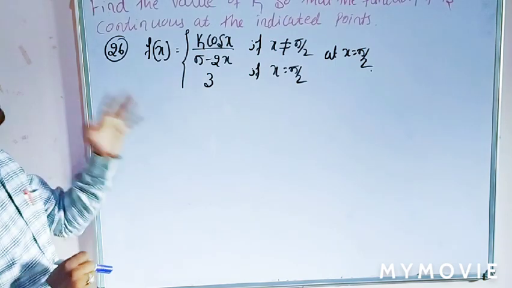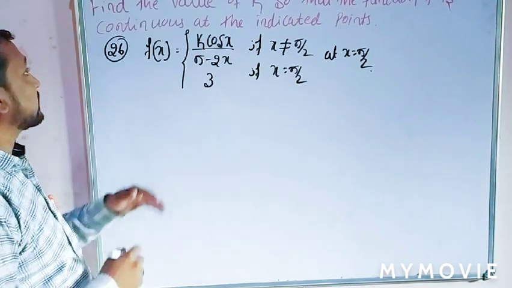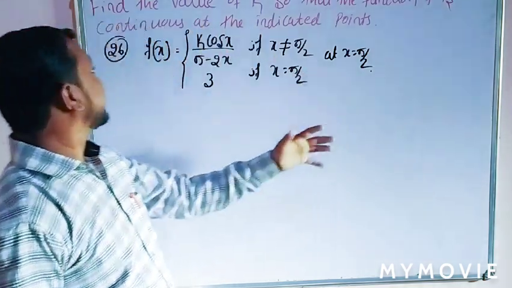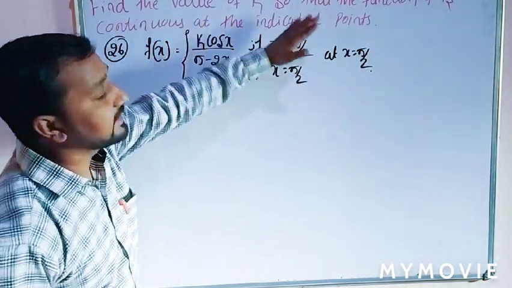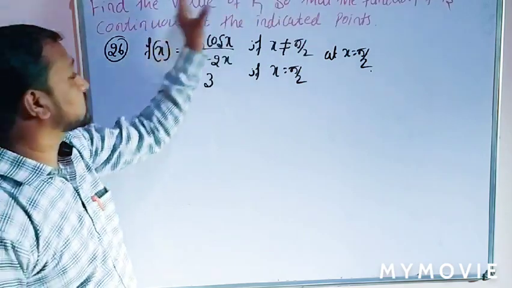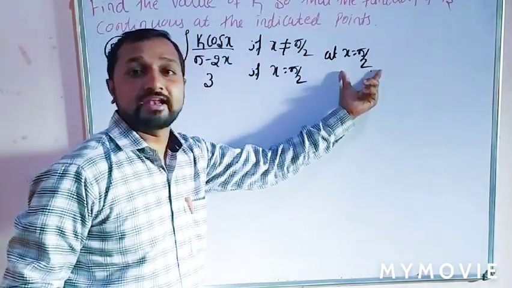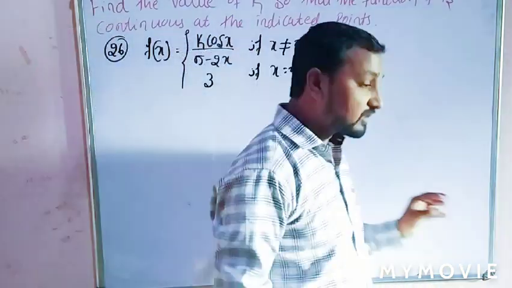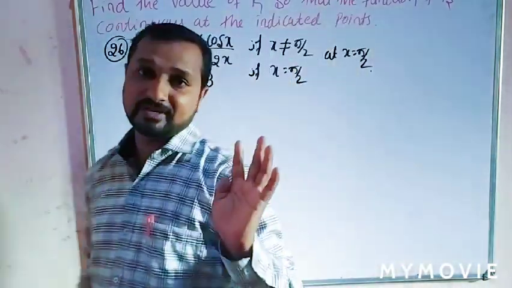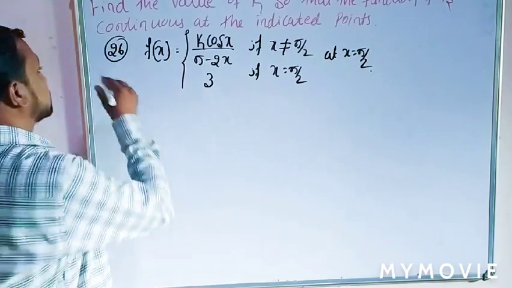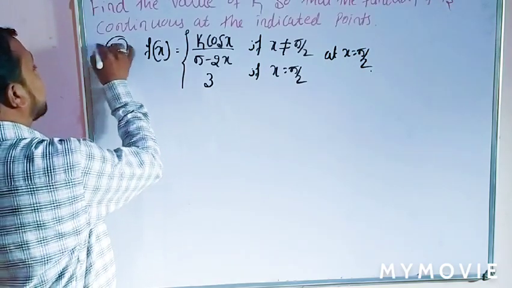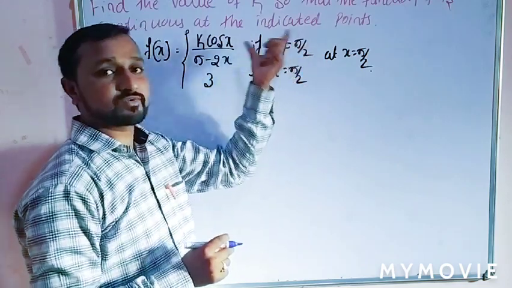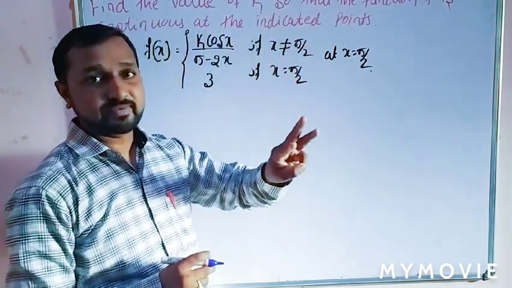Students, these are very important examples for 4 marks. That is, find the value of k so that the function f is continuous at the indicated point. At the indicated point means the function should be continuous at this indicated point. These examples are very important for 4 marks in your annual examination, part D. Okay. This is a very important question. Here the limit function should equal the constant function. One example is there and another 3 examples are there.